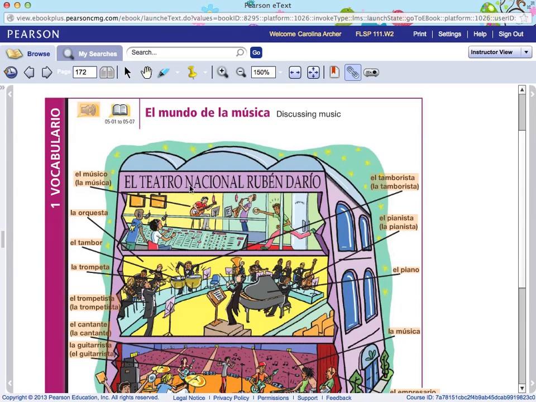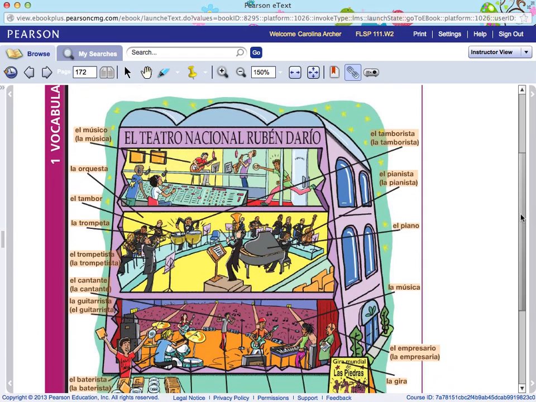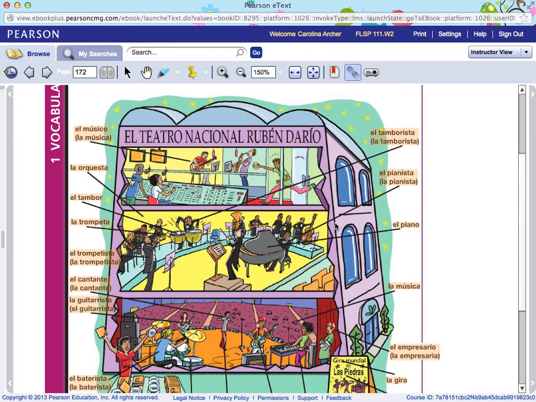Then we have El Teatro Nacional, Rubén Darío. Rubén Darío is a very famous writer from Nicaragua. We have El Músico, the musician, o la música. El tamborista, the drummer, el tamborista. El pianista, the pianist, el pianista. And you're going to notice a pattern here. The ista ending, tamborista, pianista,